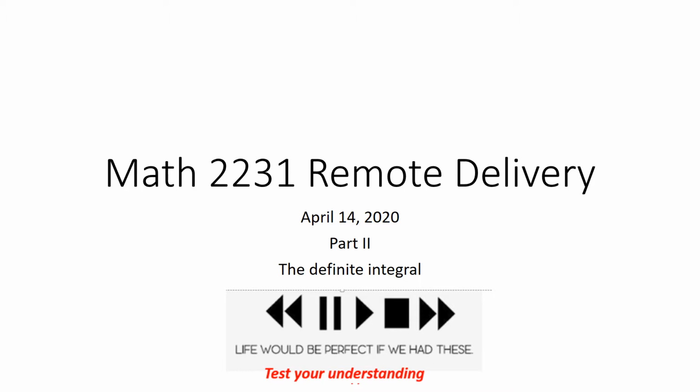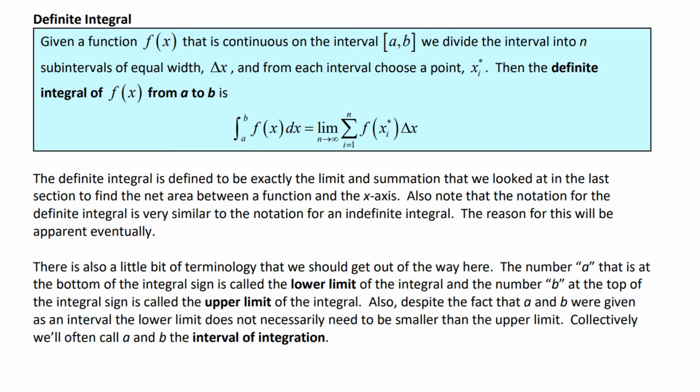Make sure you use these kind of tools. We're going to define the definite integral. So given a function f of x that is continuous on the closed interval a, b, we divide the interval into n subintervals of equal width. We're calling that delta x. And from each interval we'll choose a point, and that will be x_i star. Then the definite integral of f of x from a to b is,